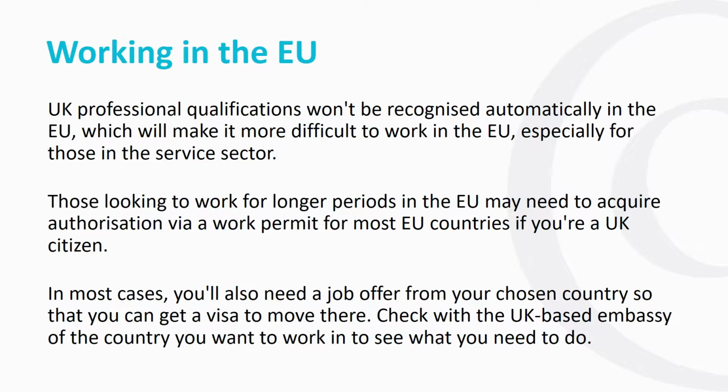There are measures which commit both the UK and the EU to maintain common standards on workers' rights, as well as many social and environmental regulations. The UK does not have to follow EU law, but they do have to be seen to protect the rules of fair competition. Those looking to work for longer periods in the EU may need to acquire authorisation via a work permit